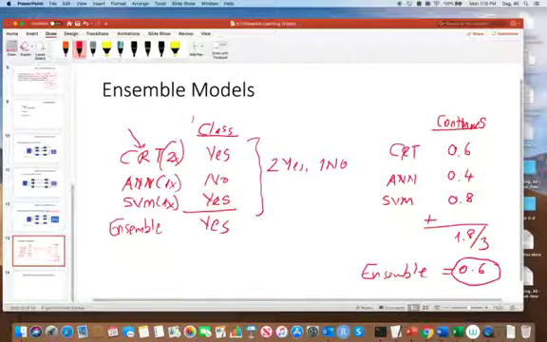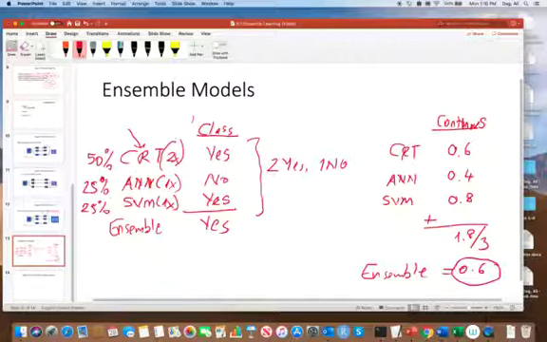So that means, okay, if I've got a cake that I'm going to share among these three guys, 50% of the cake will go for the CRT, 25% of the entire cake will go for the ANN, and 25% of the cake will go to the SVM, right? That means CRT, in my ensembling decision, will be 2 times more important, or more